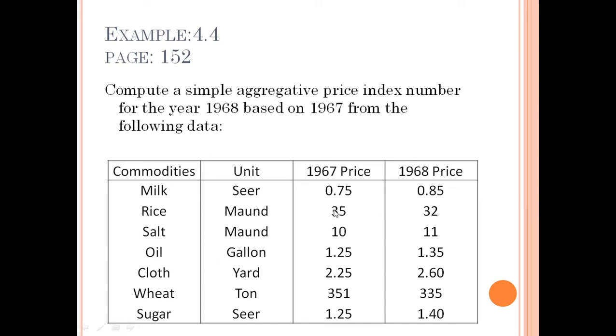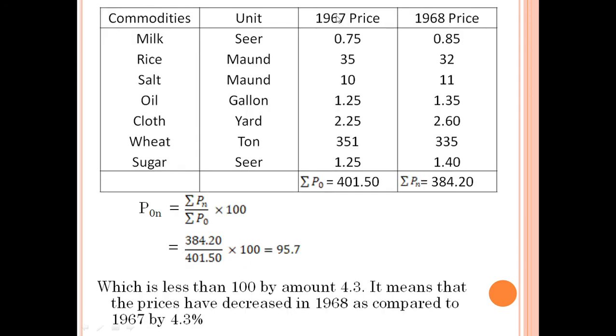Now what we will do in the solution, we will add all the commodities of the base year and also all the commodities of the current year, and by putting the values in the formula and solving the question, we get 95.7, which is less than 100. And when the index number is less than 100, this means that there is a decrease in price. So it means that the prices have decreased in 1968 as compared to 1967 by